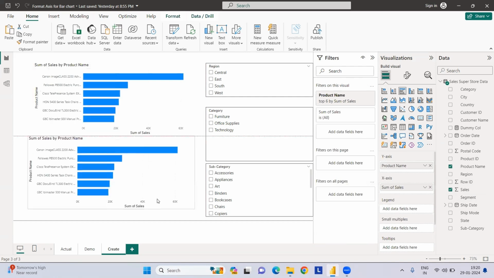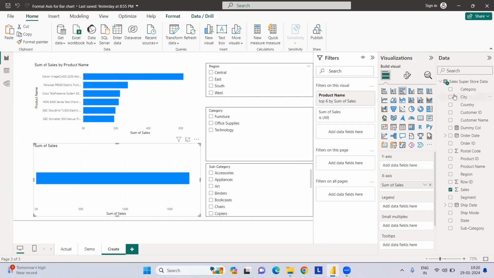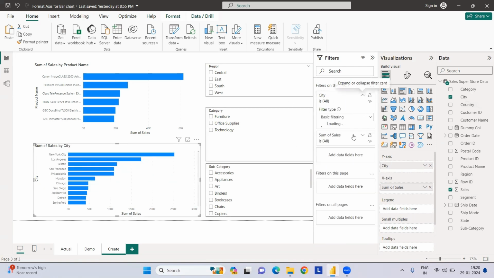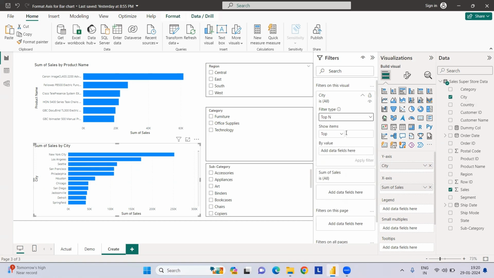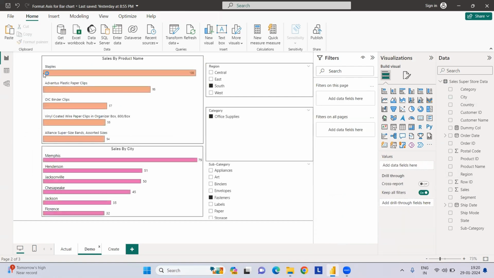Similarly, I can take the top cities also. Just remove this. I will include the city here and take the top 6 by sales, just for the sake of simplicity. And if you see, it's quite different. Now, if you see here, we have a gap in between the graphs. These are nothing but values which have zero, because